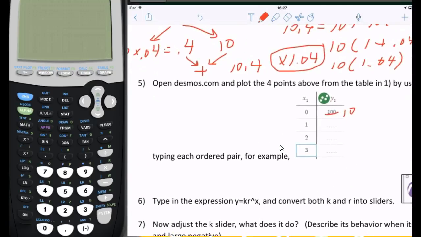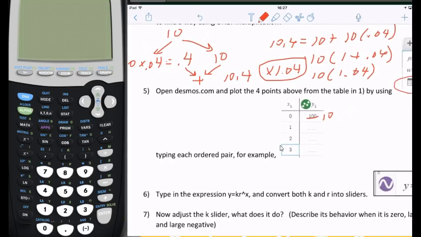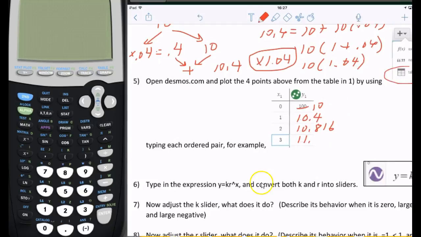Number 5 says that we're going to enter our table, which has the numbers 0, 10, 1, 10.4, 2, 10.816, and 3, 11.25. So we're going to put those into Desmos. The way we do that,